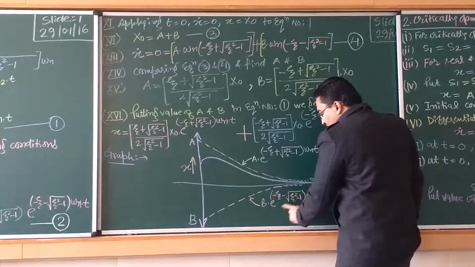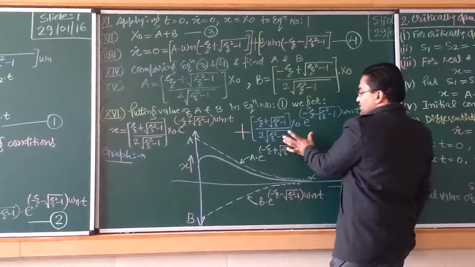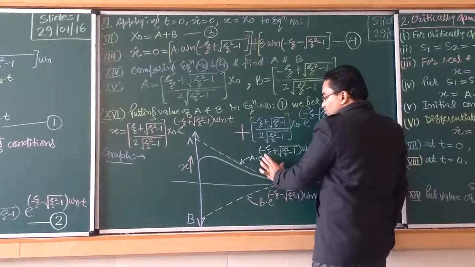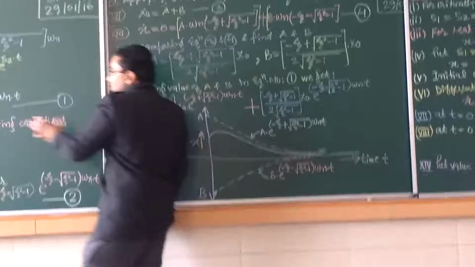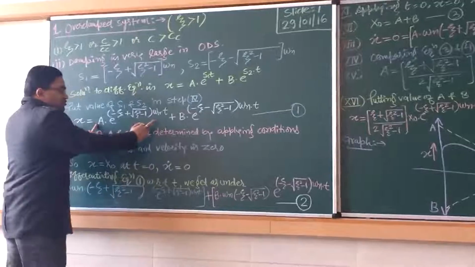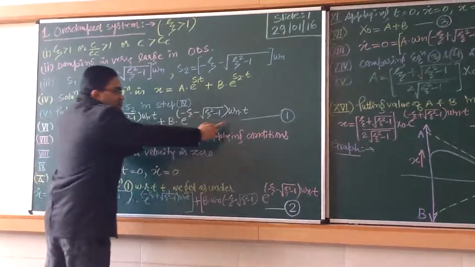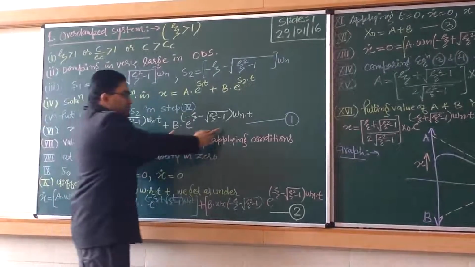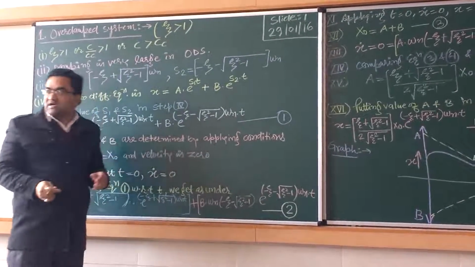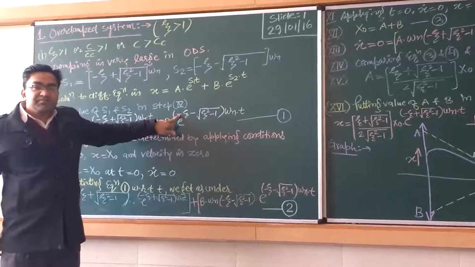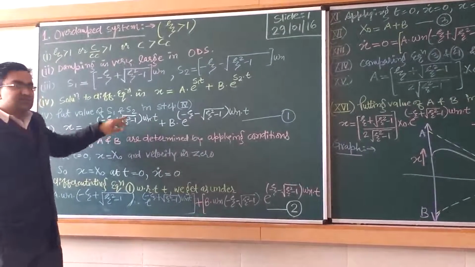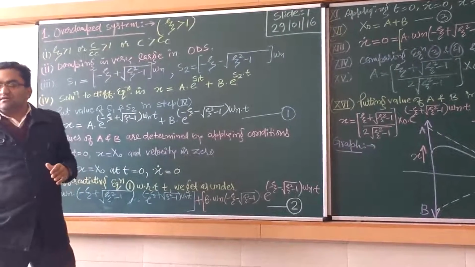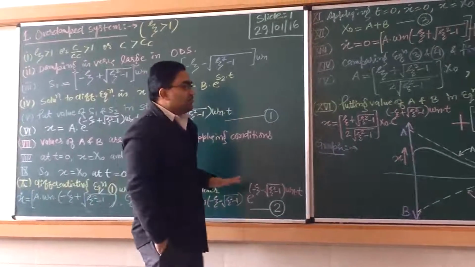So this is yellow line B. This shows the B portion, means this portion, and this shows the A portion, means this portion. It has been categorized into two portions, portion number 1 and portion number 2. This is the A portion on the upper side and this B portion is on the lower side, because it is negative in nature, and this is positive in nature. So this was the overall overdamped system.